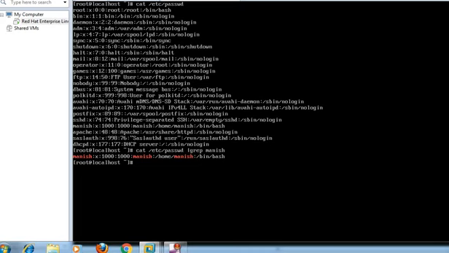So I've shown you several ways you can use this grep command. It's a very special command, and you can use it in different ways. Next time, in my next video, I will show you how you can use the find command and its different usages. So that's all for now, friends.